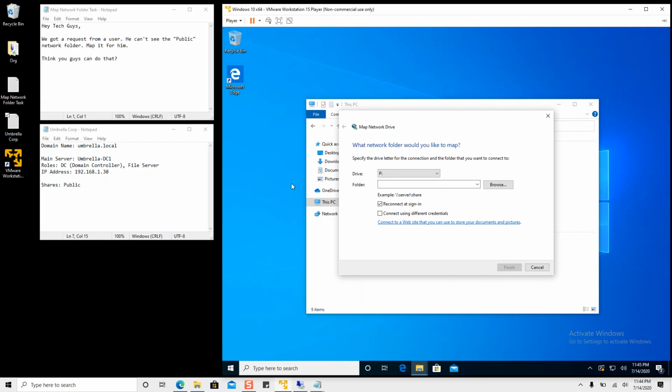We want to go to the public share. We know the path since we know the server name, so it is umbrella-dc1. Based off the example down there, it does tell us to put the server, then the share name. So the share is called public,